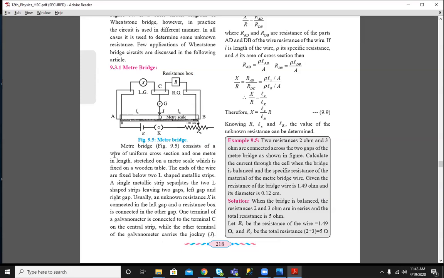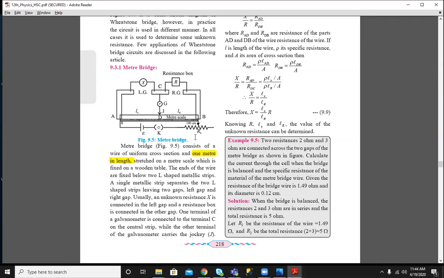A meter bridge consists of a wire of uniform cross section and 1 meter in length. So this is the 1 meter length, stretched on a meter scale. A 1 meter scale is kept below the wire. So AB is a wire and a 1 meter scale is kept below this wire. Always remember this experiment will be in your practical. Always remember the end A should match with the 0 of the meter scale, and end B should match with the 100 centimeter point on the scale. Then this wire AB is connected with a battery or cell of EMF with a key,